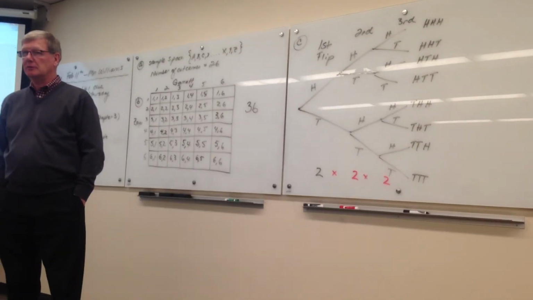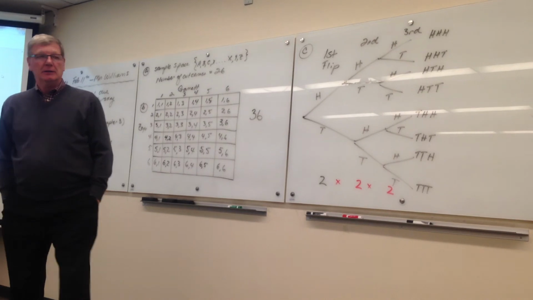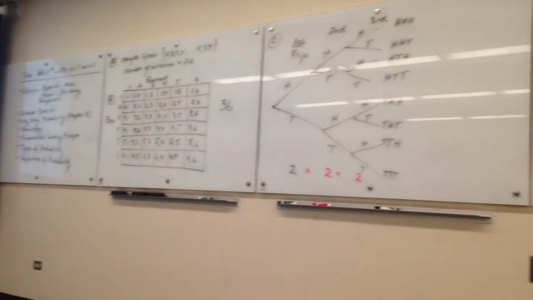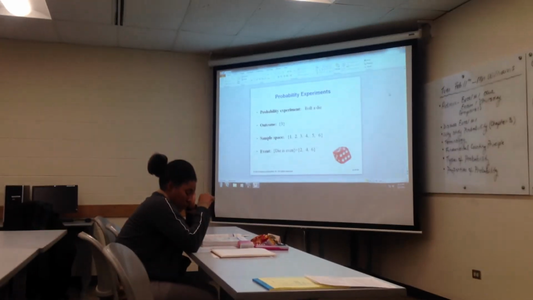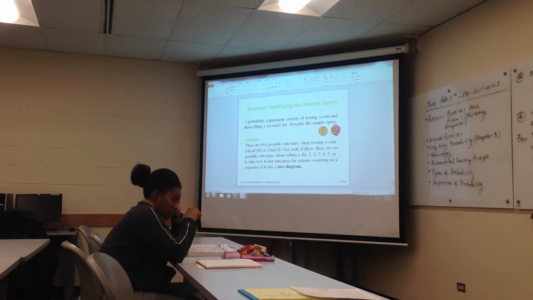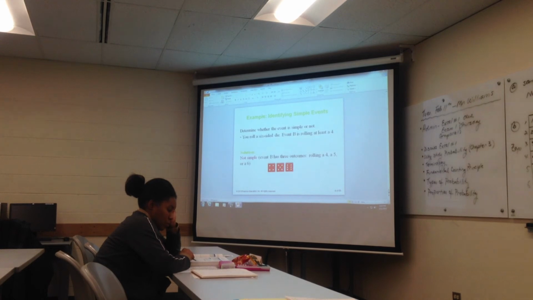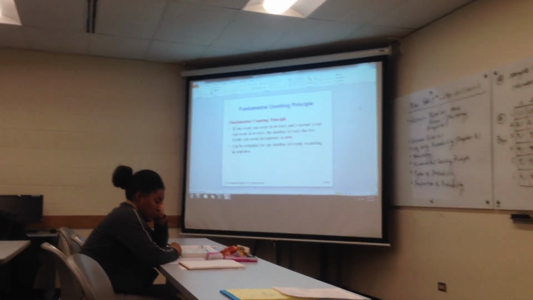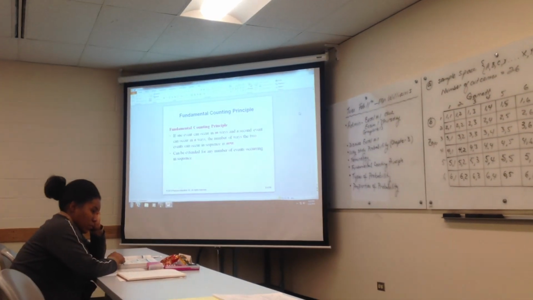That makes sense? Questions? So this idea of counting results and figuring out how many things can happen, how many outcomes in the sample space, sometimes gets a little difficult, but there is this idea, and I think I put it on your worksheet, called the fundamental